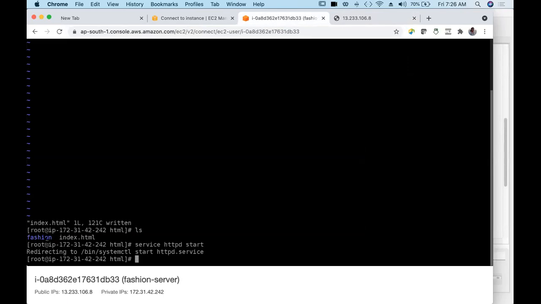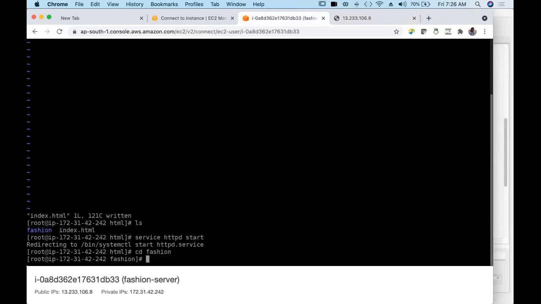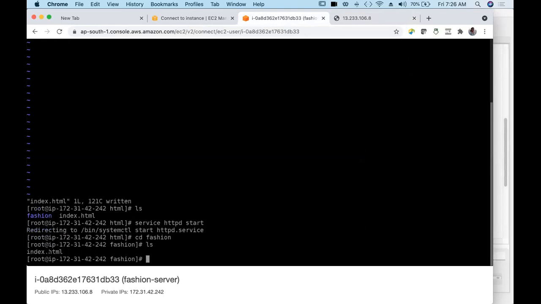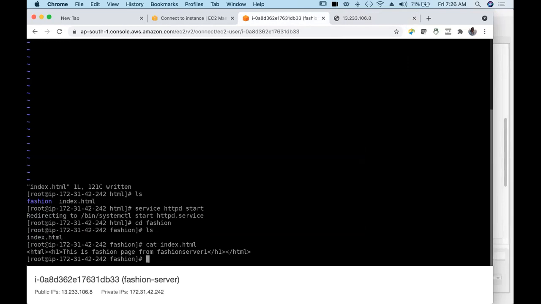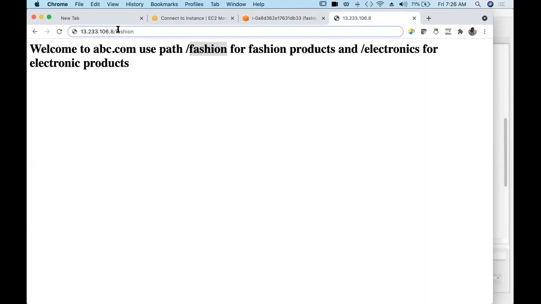So this folder has to be there, and inside this fashion folder an index.html should be there. ls, right? The index.html we have created says, this is fashion page from fashion server 1.